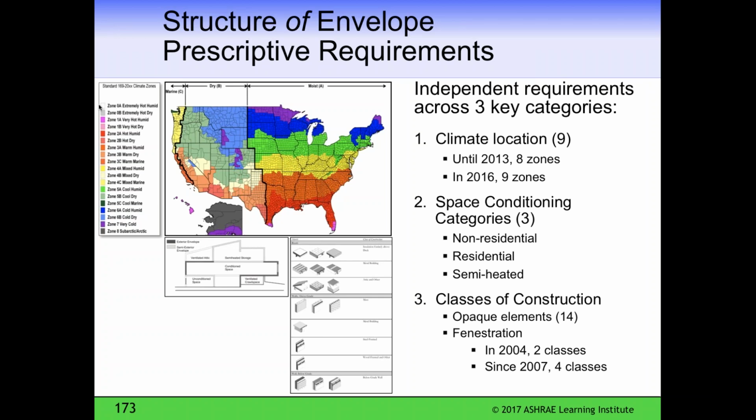So we have climate location, and the chart shows the colors going from Florida and southern Texas, climate zone 1 for red, climate zone 2 along the Gulf Coast, the orange climate zone 3 from the Carolinas all the way into much of California, climate zone 3, climate zone 4 going from